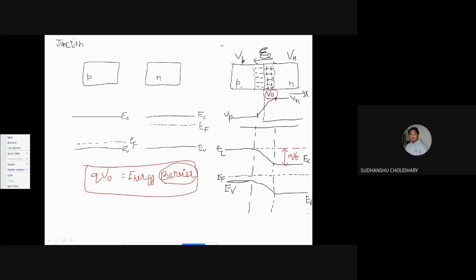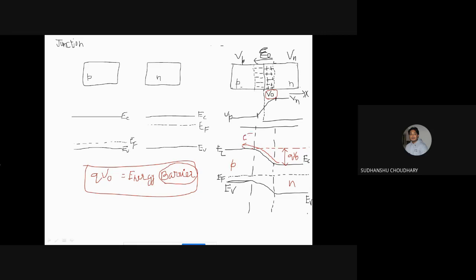Obviously they will be diffusing, and there will be drift also. In the energy band diagram, we would say that this potential results in a barrier across the junction. So, barrier for electron movement from N to P. Electrons are diffusing from N to P. Now since I have a barrier over here, and this is the N type region and this is the P type region, electrons were moving from N to P, that is this way.